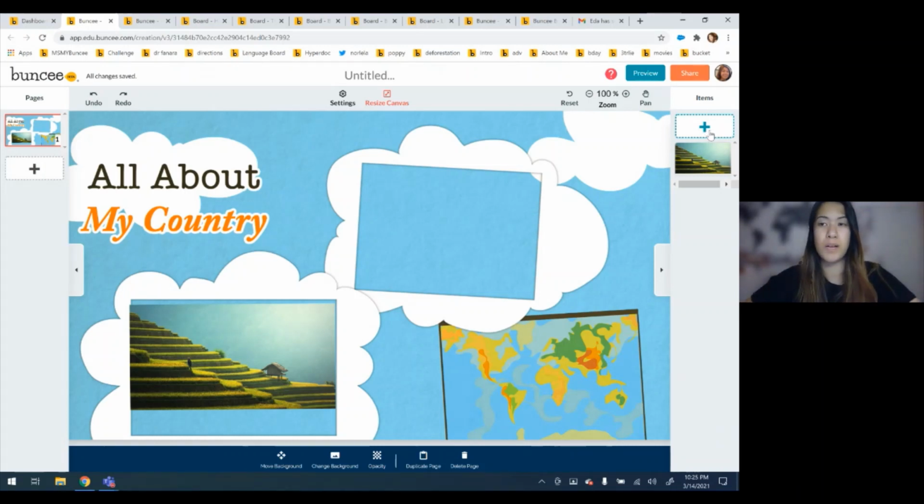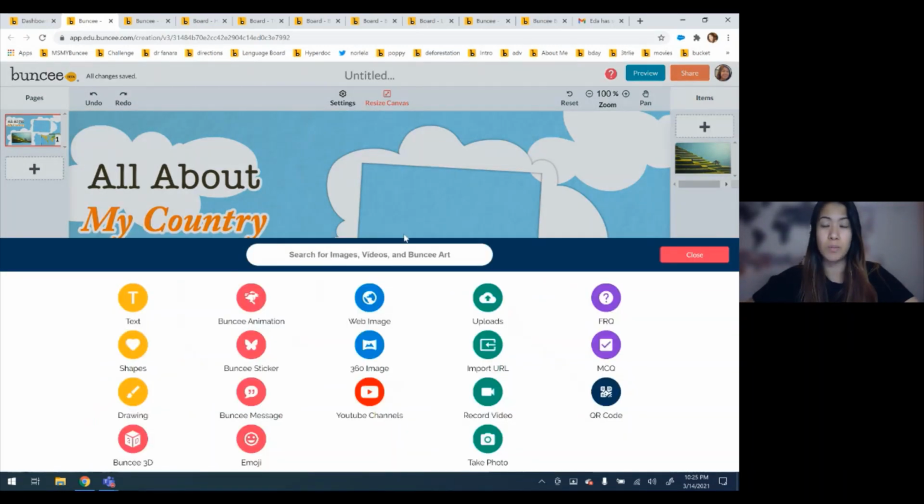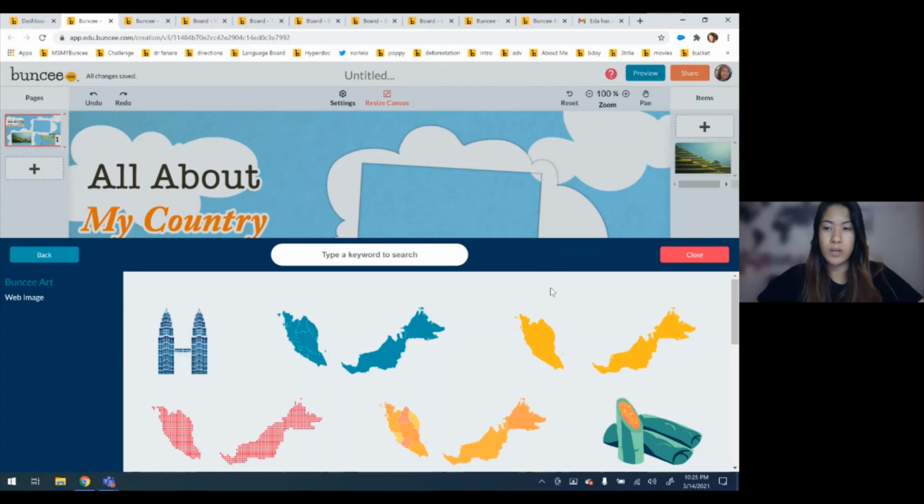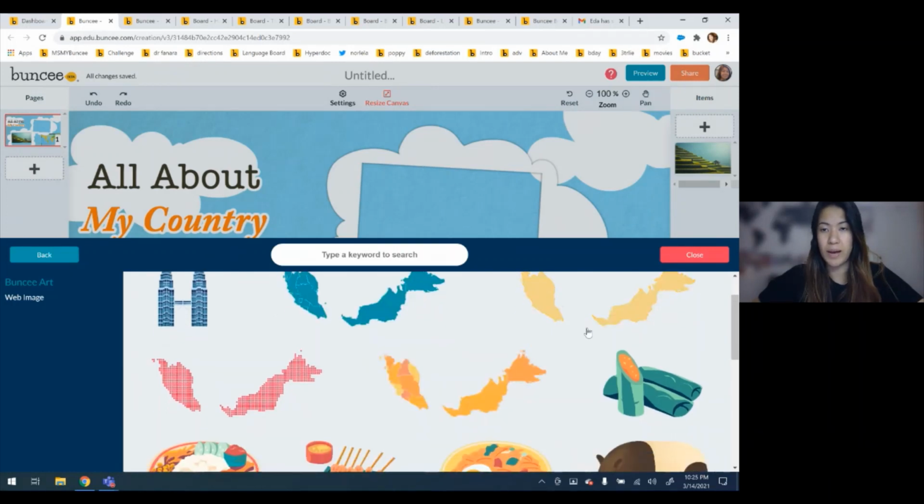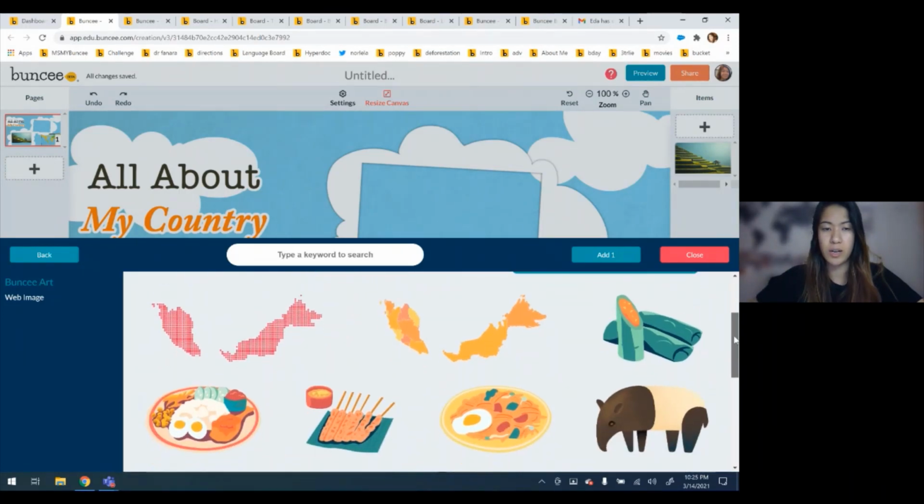And so once we press the plus sign, it'll bring you back to all of the different media options. And now let's search Malaysia. What you'll notice is that there's actually a lot of different graphics for Malaysia as well, so you'll be able to pick and choose them if you'd like. So let's say we have a blue background, so I'm going to pick something a little more in contrast. I'm going to pick a yellow version of the country, but you'll see that there's different graphics that you can